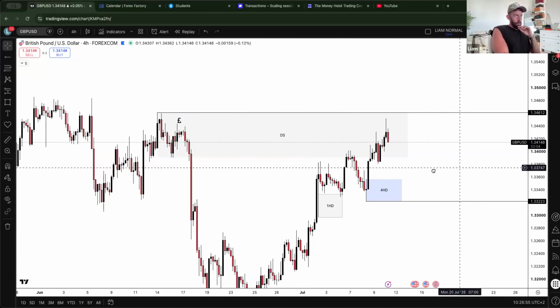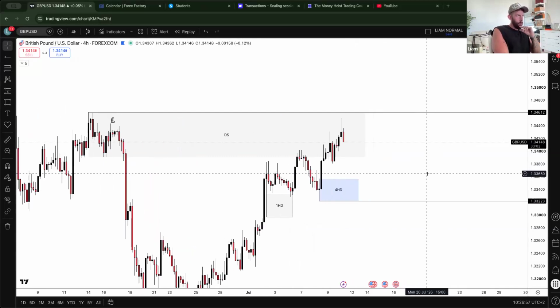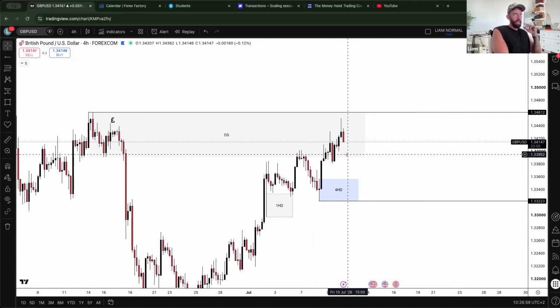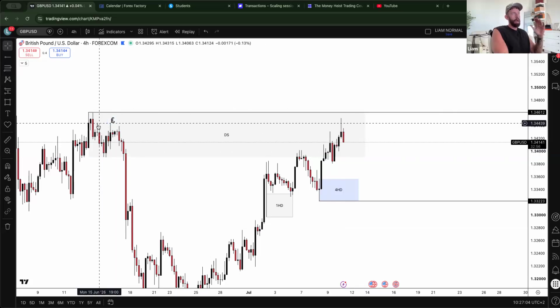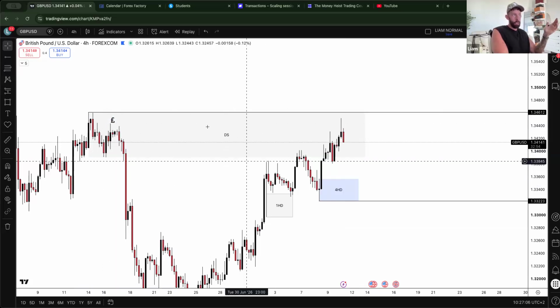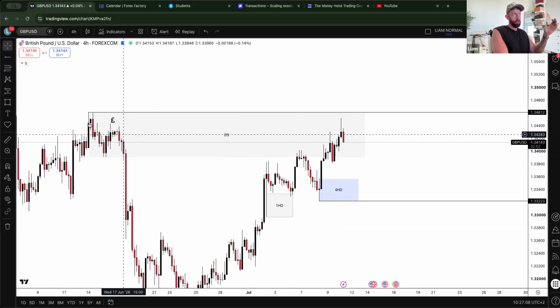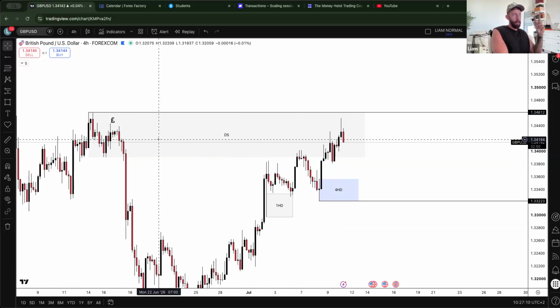So ideally, looking at what we're doing, if the dollar carries on bullish from the 4 hour demand, is this a valid reason why we could carry on shorting? Well, yes, of course, because we're in that daily supply and we've also taken liquidity. That is two confluences, two confirmations.